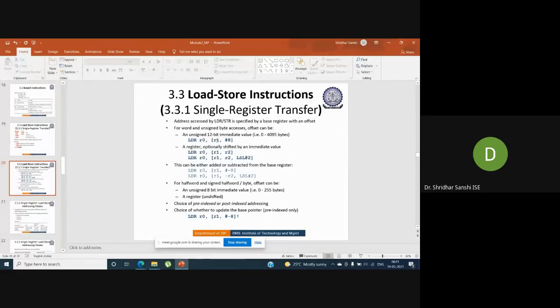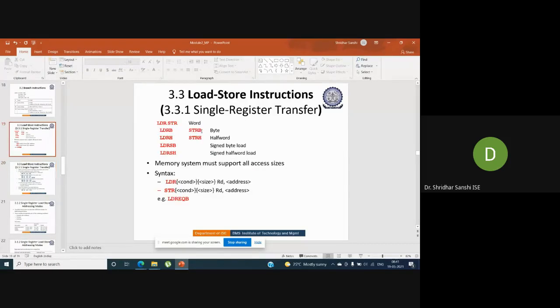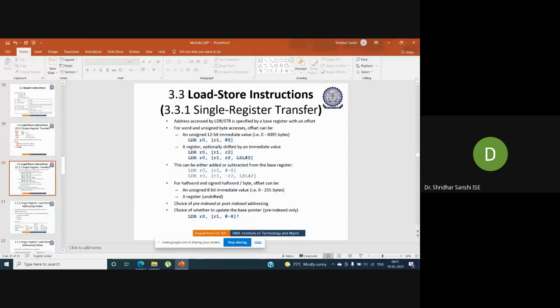And I have shown some examples with respect to these operations. Here the LDR is followed by a label. The label can be an immediate address, or we can specify a register value also. And you can also see that in the base register we can modify some content.